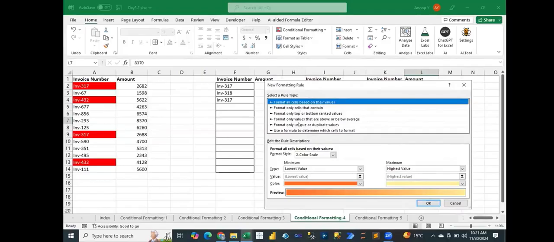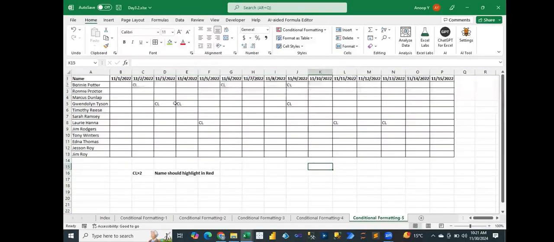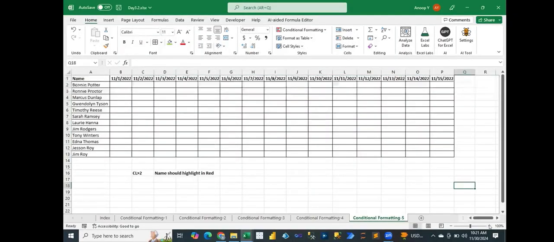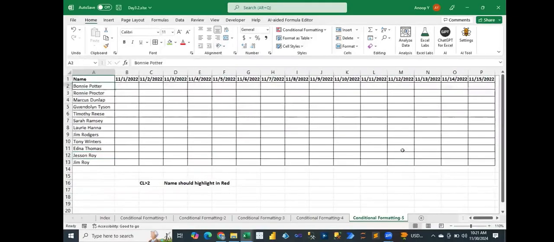Now, the conditional formatting which we have implemented so far was pretty straightforward. All the options were here, and I was just selecting from here. But now, what will happen in the case where I want to implement conditional formatting on the basis of a formula? For example, I have given you this data and I simply ask you